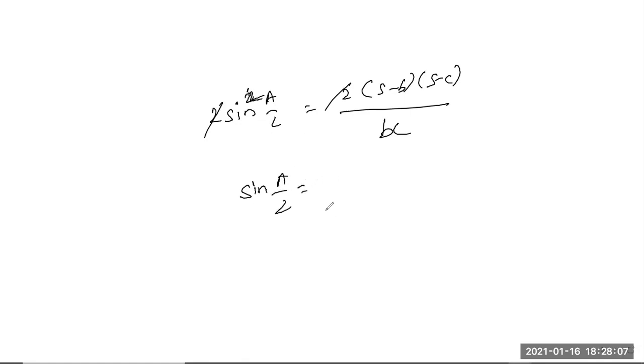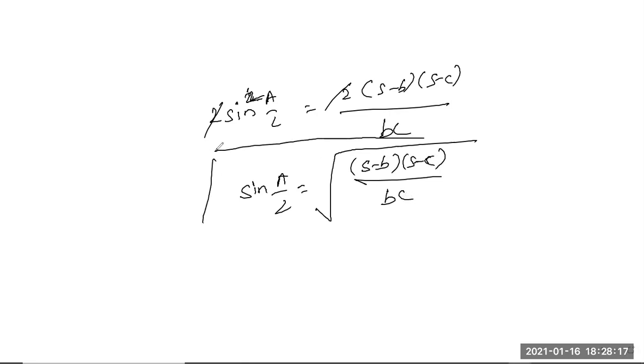The sine A by 2 is just the square root of s minus b into s minus c by bc. So this is the half angle formula, where sine of some half angle is related to the sides, where s is half of the perimeter of a triangle. Likewise,